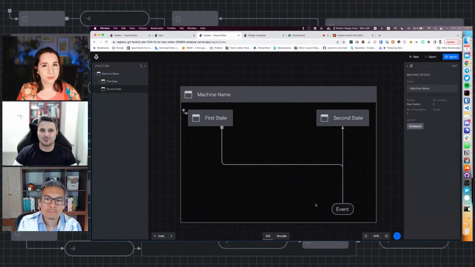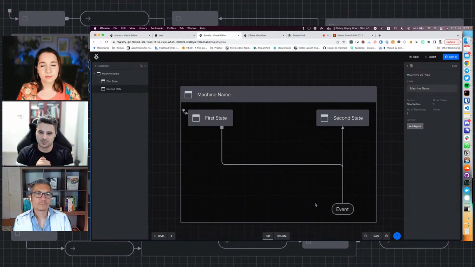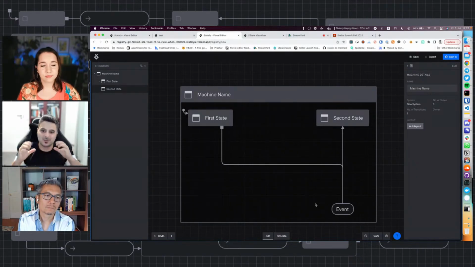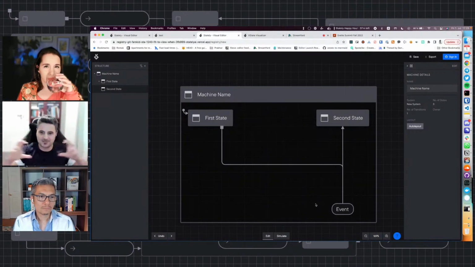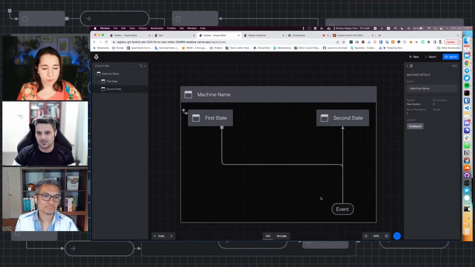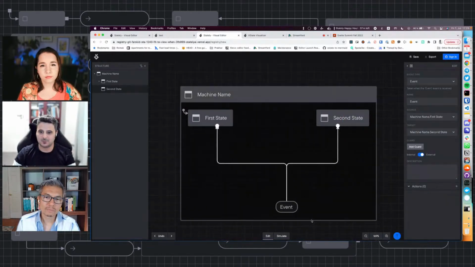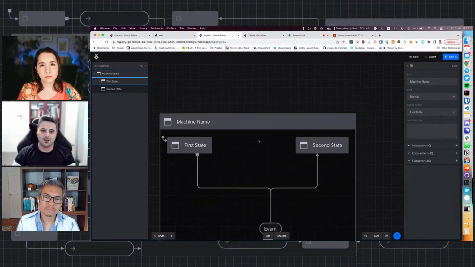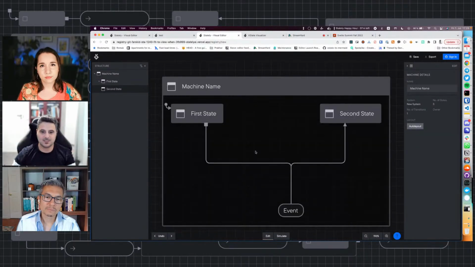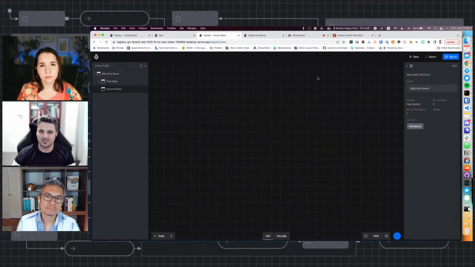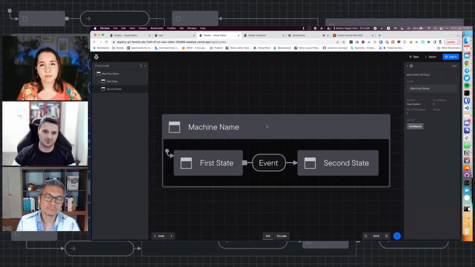Basically, when you try to view the machine on the first load of the editor screen, you should be able to see an auto layout plus fit to content version of the machine, meaning that we have performed an auto layout on your machine, and then we have done some smart operations to make sure that this entire diagram fits into the viewport of the available space in the canvas. So when you mess around with the layout here and probably take this out of the viewport, when you load it again, you would see the auto layout version of it, and then the fit to content version of it. So that was the idea.